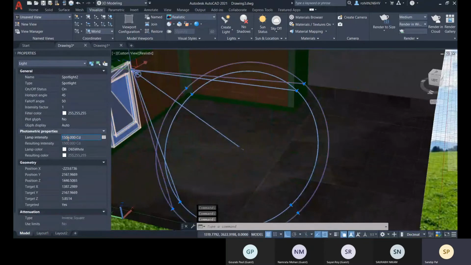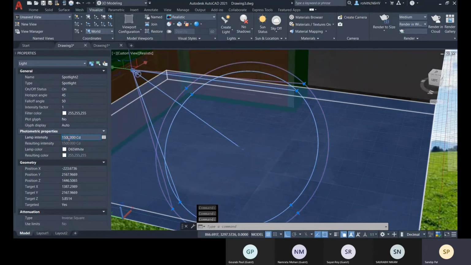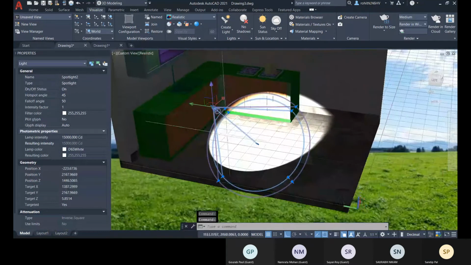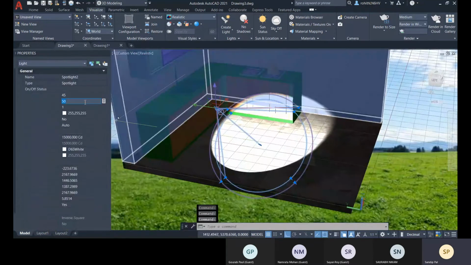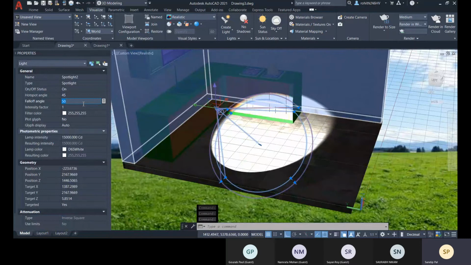Let me change the intensity over there. Now let me change the falloff angle a little bit so that you can understand.